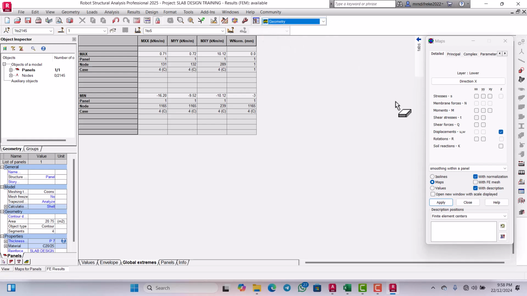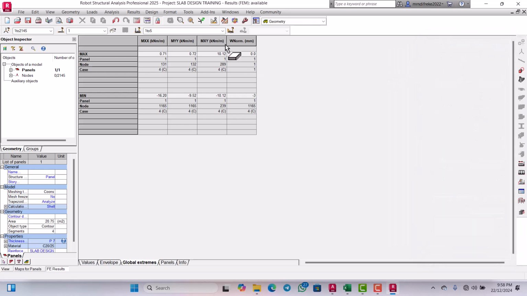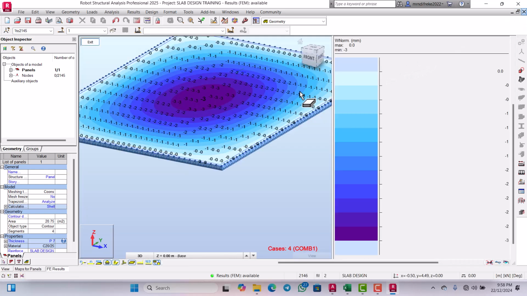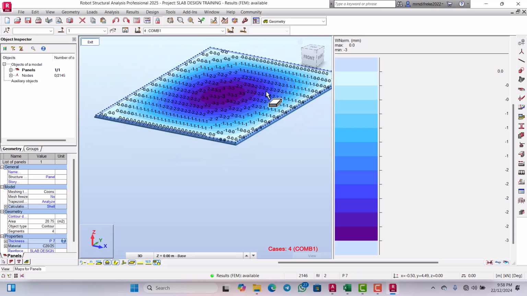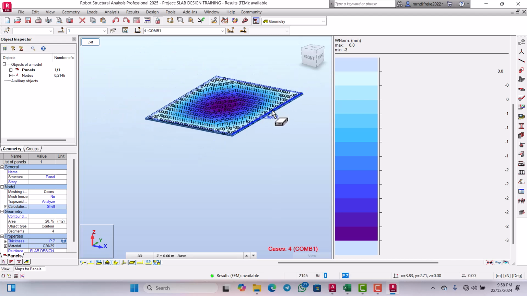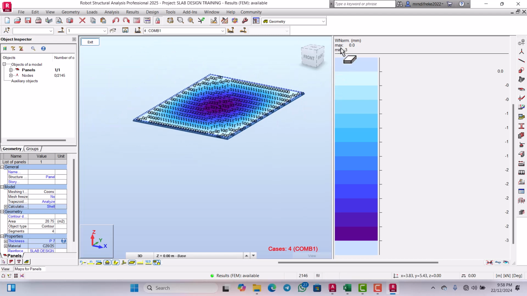So we click on here. So we can close that. We can close that. We can close this, and then